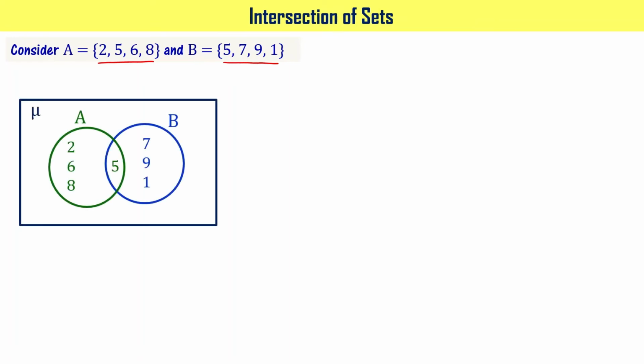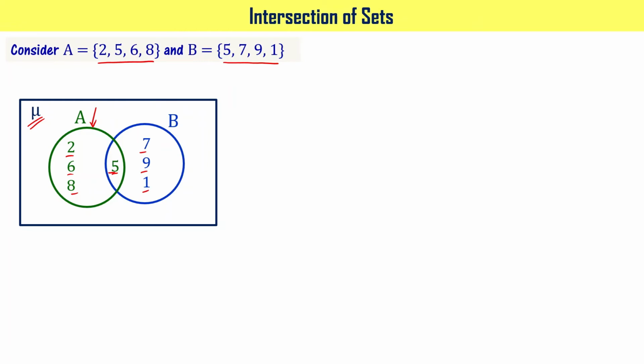Let us learn about intersection of sets now. Consider two sets, set A that has got elements 2, 5, 6 and 8 and set B that has got elements 5, 7, 9 and 1. Okay. Can we represent these two sets together using Venn diagram? When you do that, it looks like this, right? Mu is universal set, right? Set A is shown using green color circle. It has got elements 2, 5, 6 and 8 and set B has got elements 5, 7, 9 and 1,